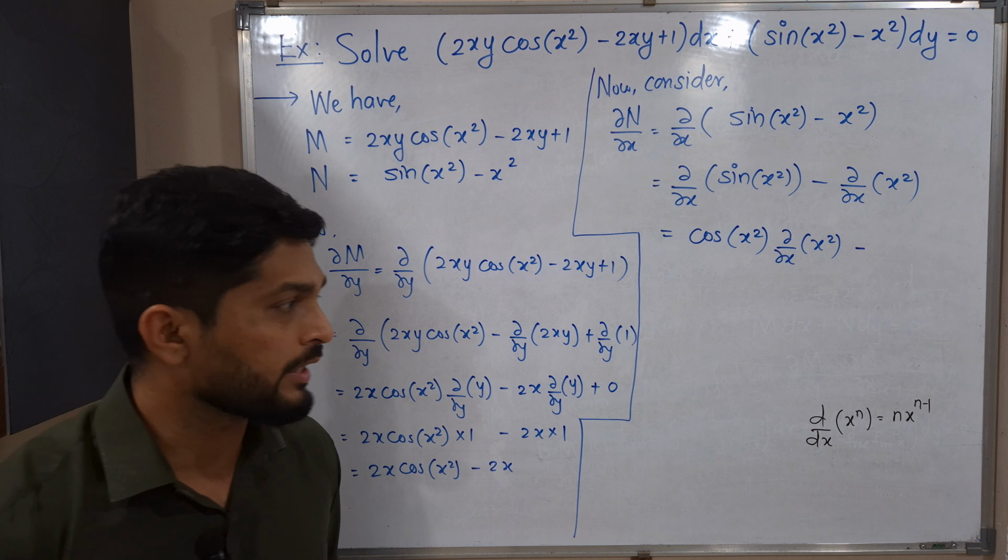So cos x square, same thing we have, so its derivative will be again 2x cos x square minus 2x. So let me write this 2x first: 2x cos x square minus 2x. So let us check whether both of them are the same or not. Yes, both of them are the same. 2x cos x square minus 2x, 2x cos x square minus 2x. So therefore